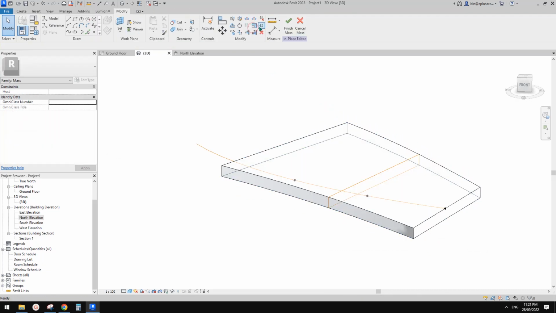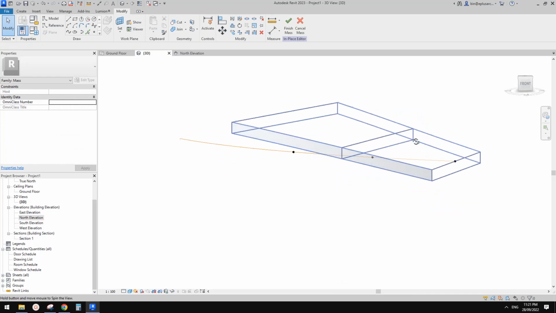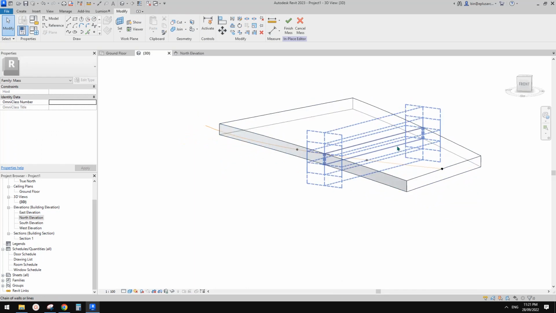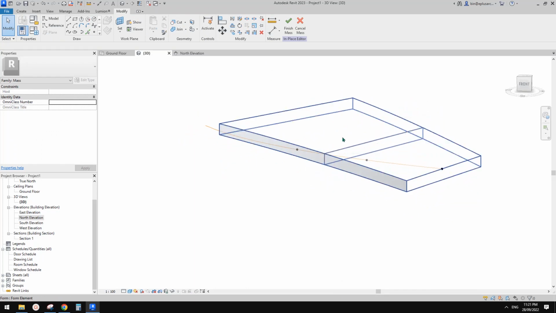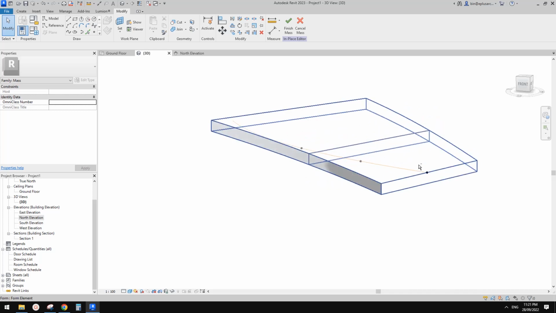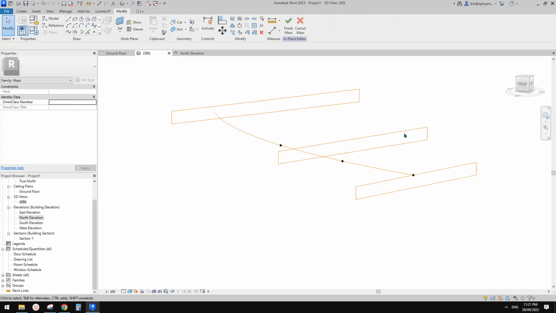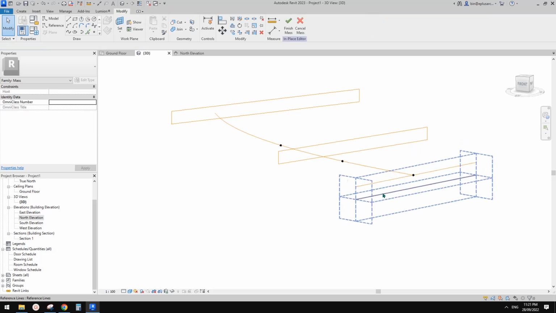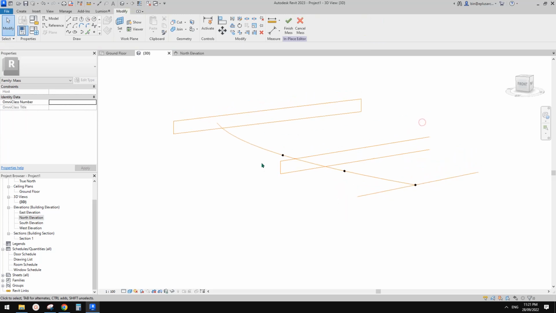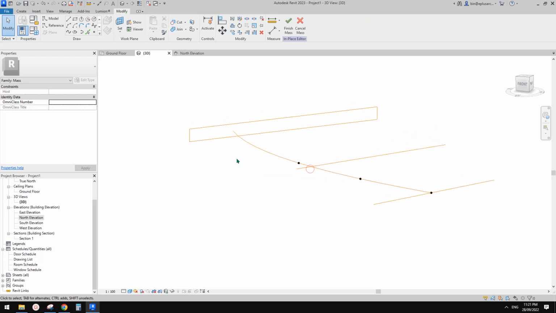And let's edit. So for this one, maybe we only need a very thin one. We don't need a thickness to it. So maybe I'll just delete this mass, and I'll delete part of the profile, so only leave one reference line. Okay, so